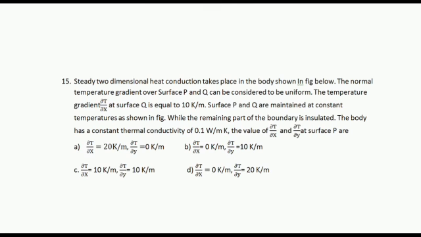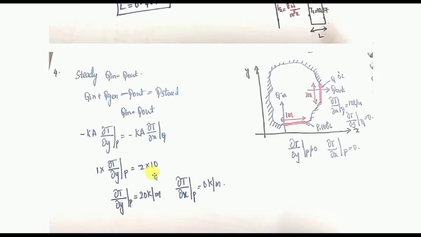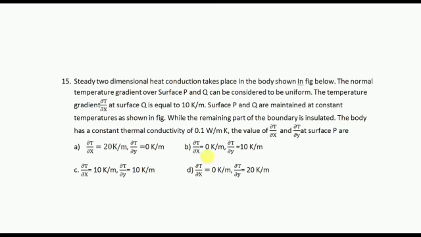After substituting these values, friends, you are going to get, actually here it is given 1. That's why we are substituting area 1. Here it is given as area equal to 2. Whatever the K value, both the K will be cancelled. And this dou T by dou Y equals 20. That's how we got the answer, because this value is 10, right? And the Y value we know. The X value we already know it is 0. So the answer is X 0, Y 20. Option D is the correct answer.